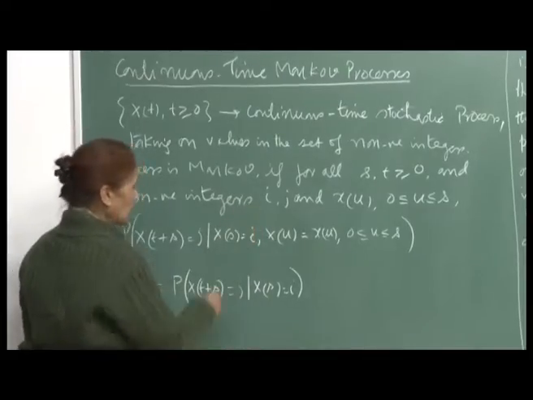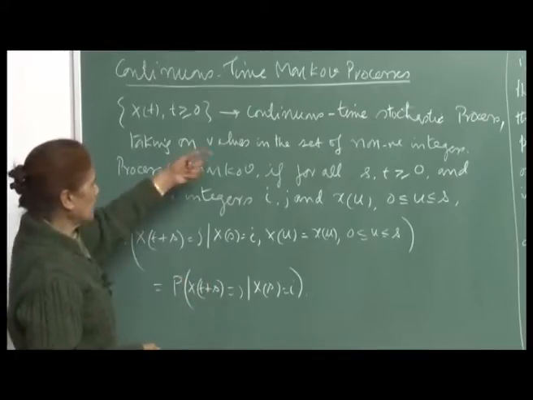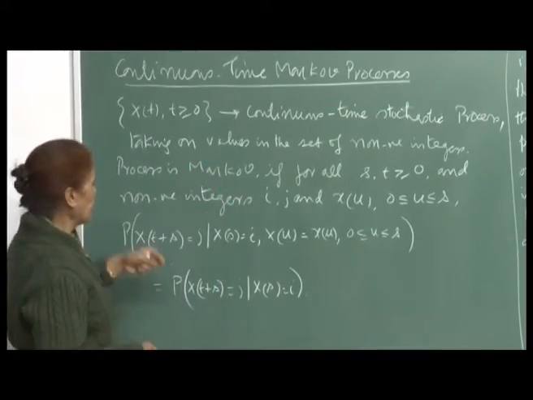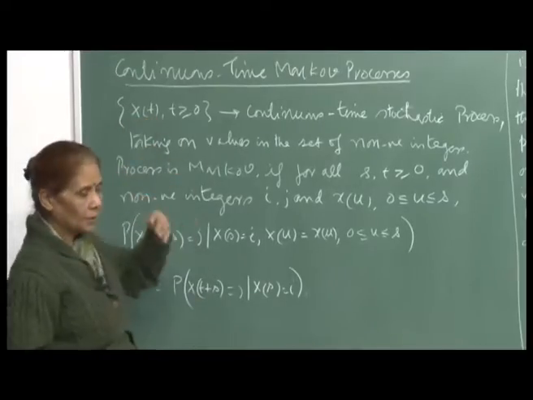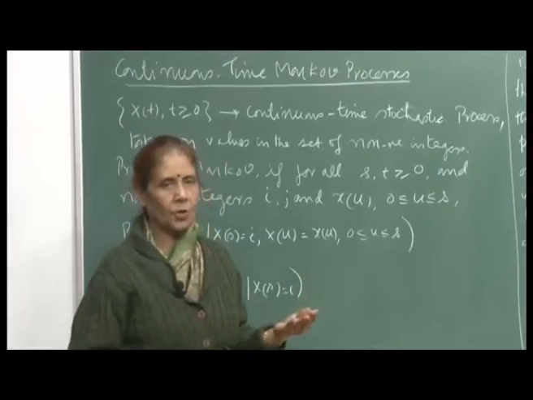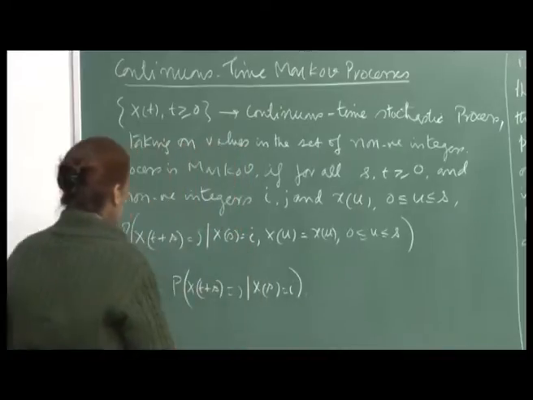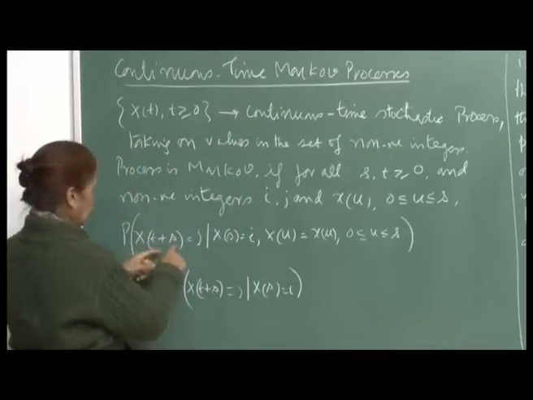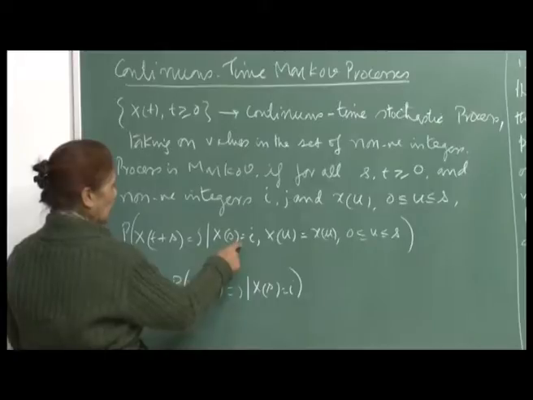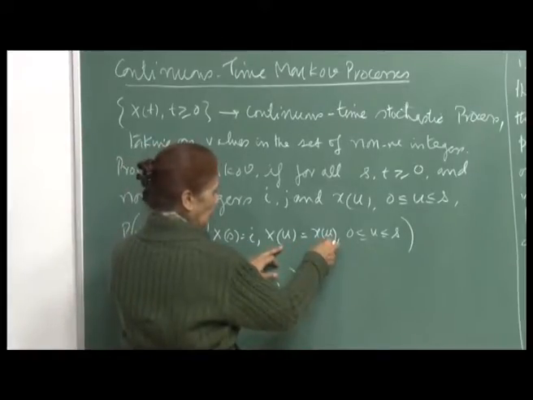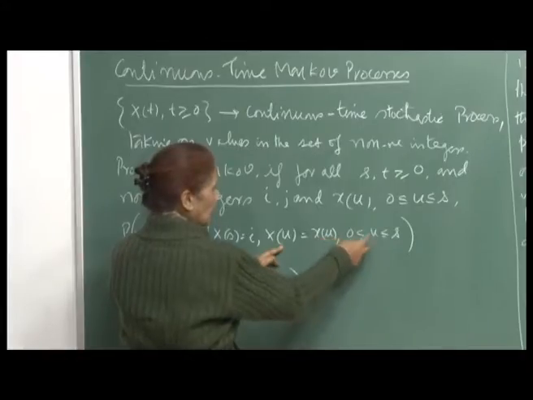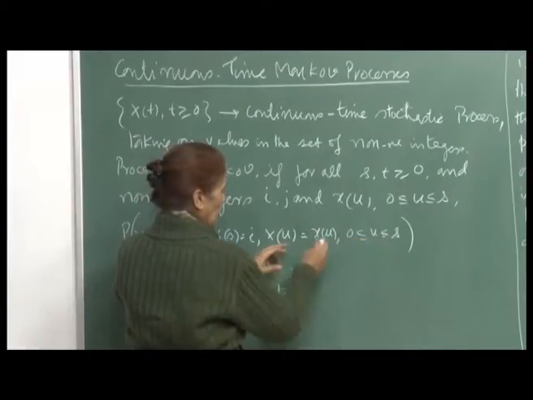The non-negative integers describe the state it is occupying. So, the value of X(t) will tell you the state that the system is occupying at time t. Here, the probability X(t+s) is j, given that X(s) is i and that X(u) is x(u), again these are positive values, as u varies from 0 to s,